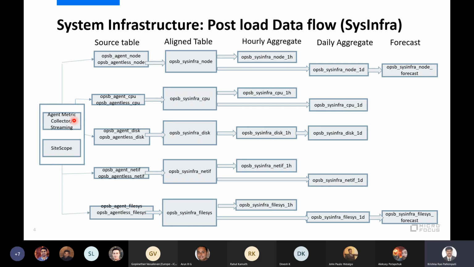So now what are my source tables? The moment we install the system infrastructure content, it is bundled with the metadata: what tables need to be installed, and what aggregations need to be installed, the predefined aggregations. At present, we have only the hourly and then daily aggregation by default.